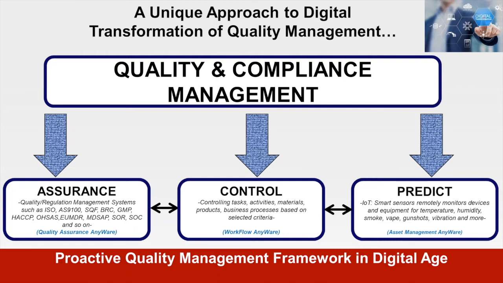When we look at assurance, it refers to your quality management system. That may be ISO 9001, as universal and typical as we have been seeing in the marketplace. If you're in the aerospace industry, your quality assurance system may be AS9100 perhaps. If you're in the food and beverage industry, maybe you are complying with SQF, BRC, or ISO 22000 perhaps. So that's your quality management system, that's your assurance system in place.